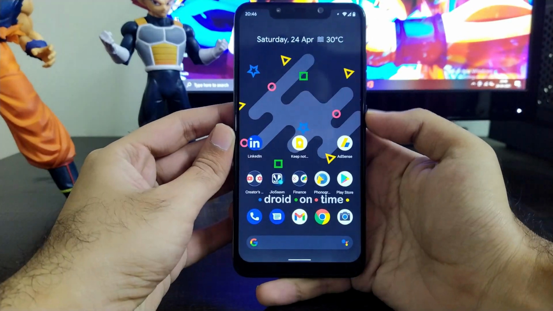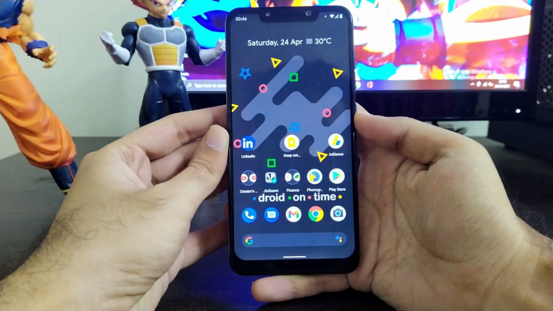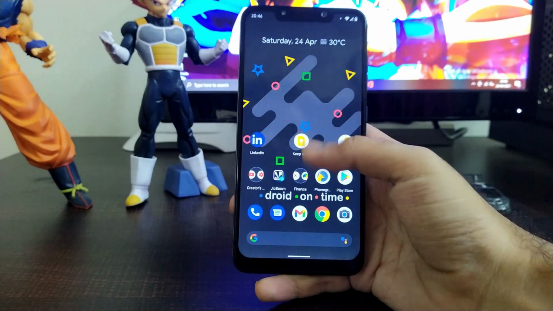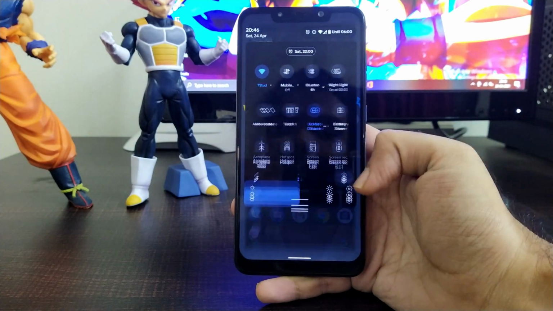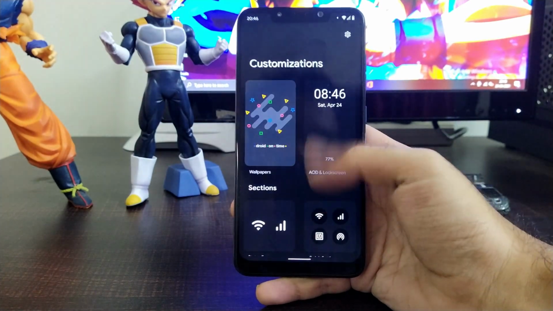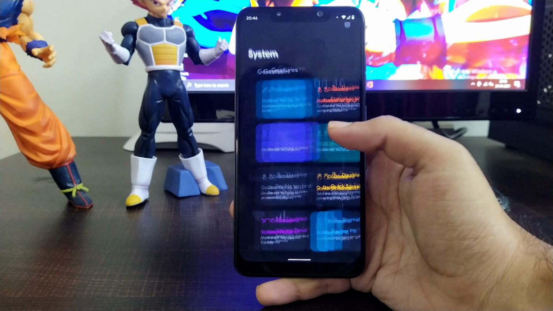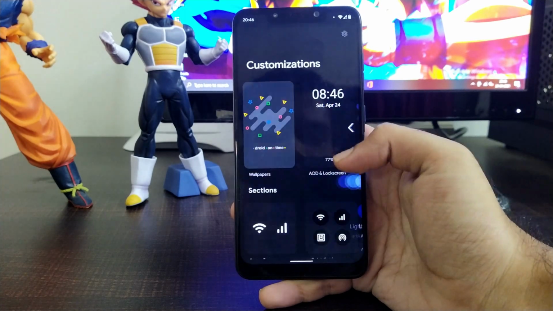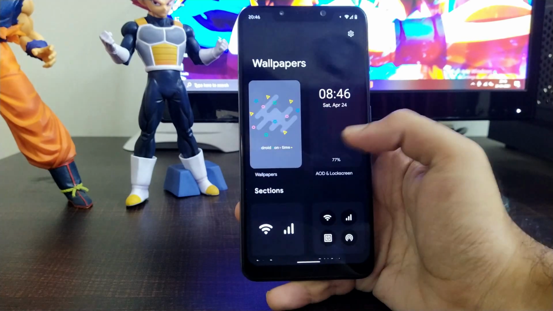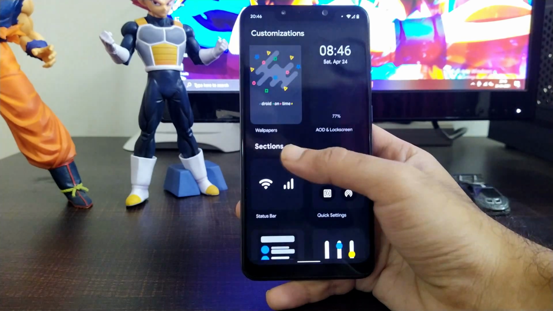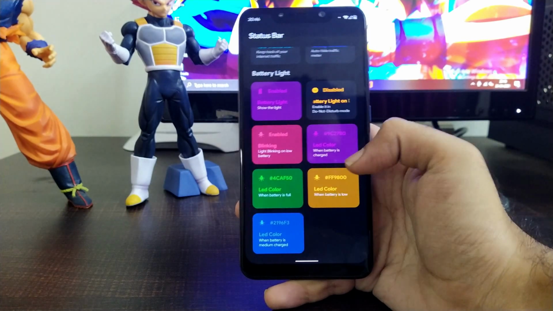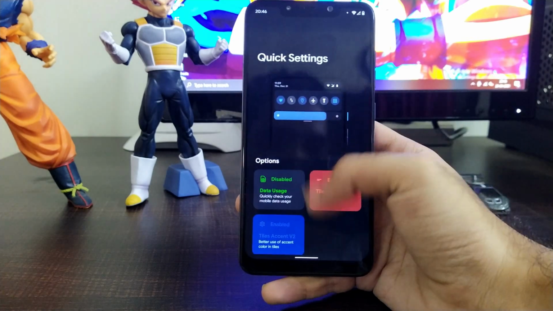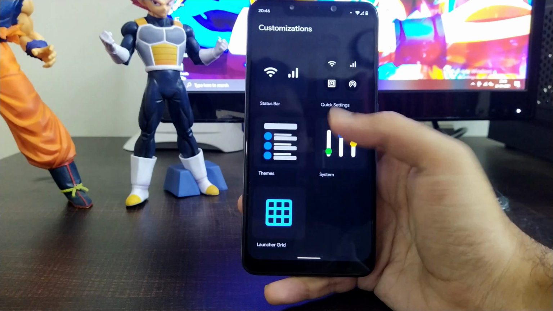In terms of customization, you will not get any huge or different type of customization, but the way they have arranged all the settings is just sick and you will like it a lot. You will not resist customizing your entire phone using this customization setting. The way it speedily moves from here and there when you enable any of the options, and you disable just by scrolling left to right or by just tapping any of the settings, it's just smooth.